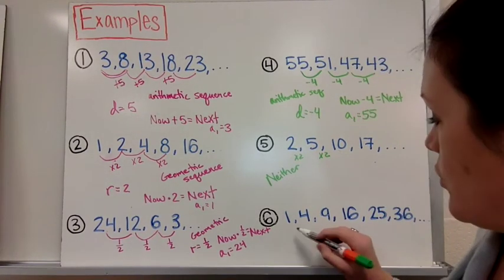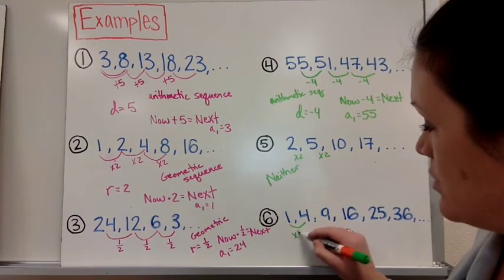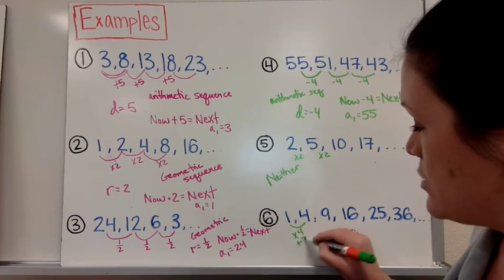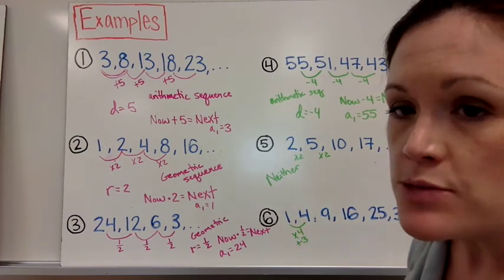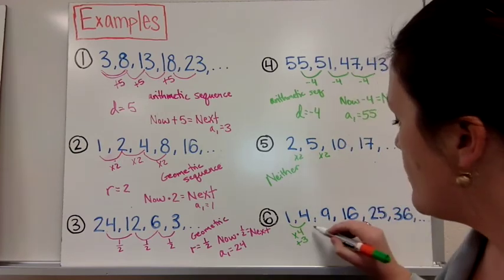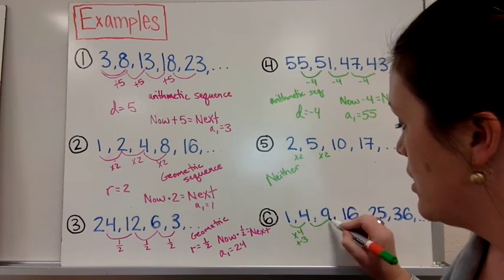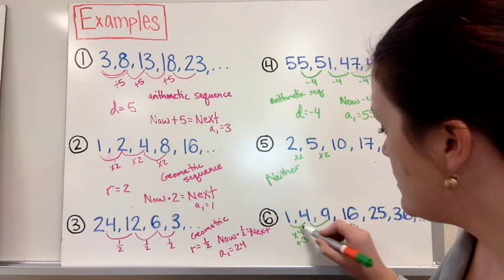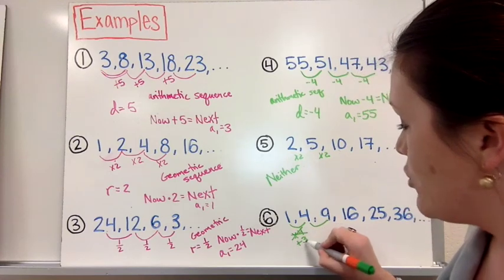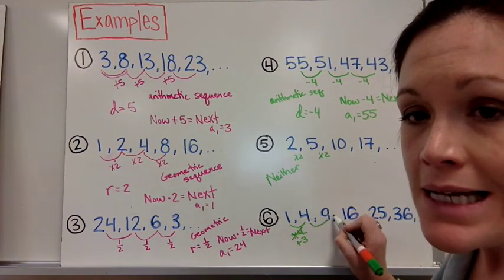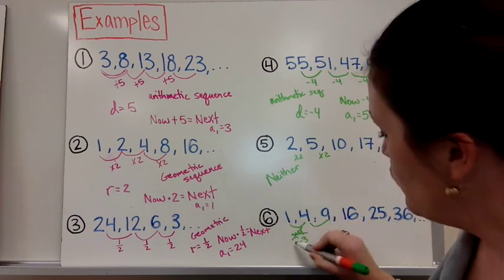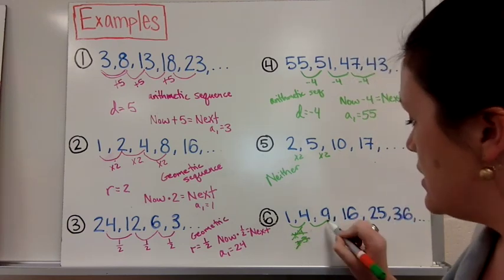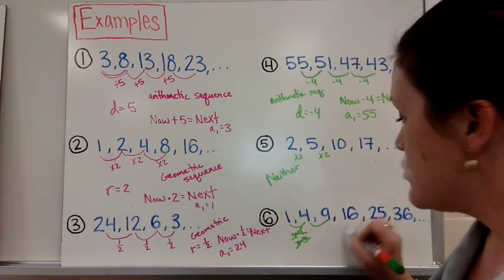So 1 to 4, we could say 1 times 4 or 1 plus 3. One of those two things would have to be true. But then to go from 4 to 9, we can't multiply by 4 to get 9, so that doesn't work. Can we add 3 to go from 4 to 9? Nope, that doesn't work. So if it doesn't work to get the same difference or ratio